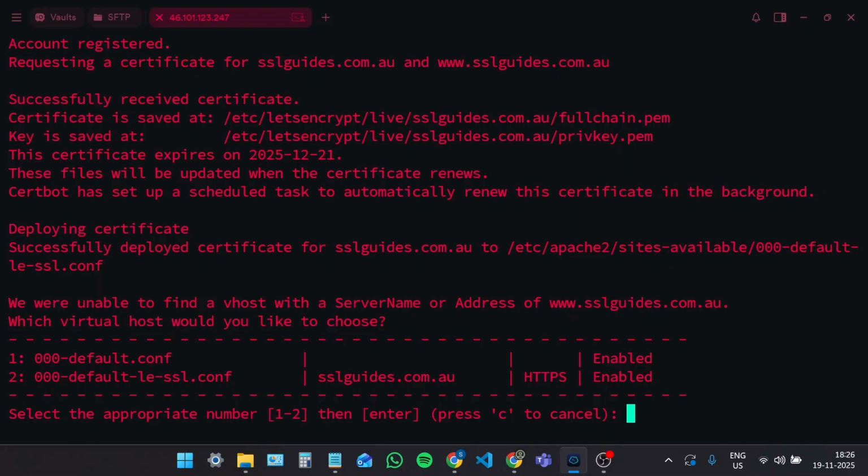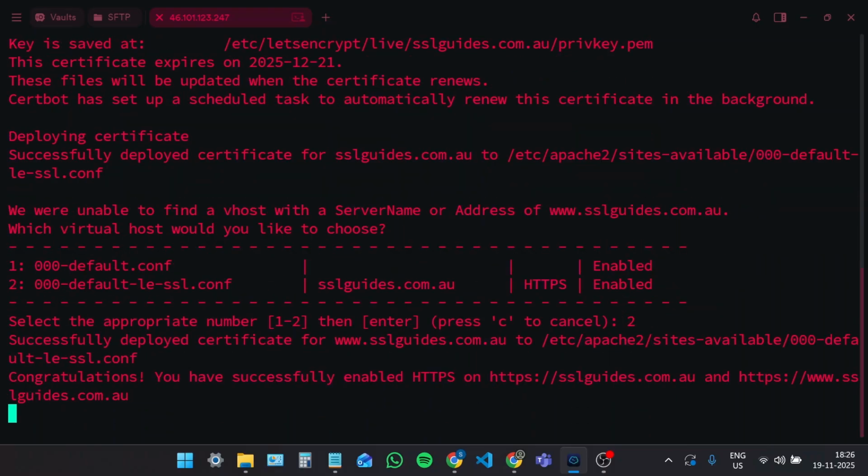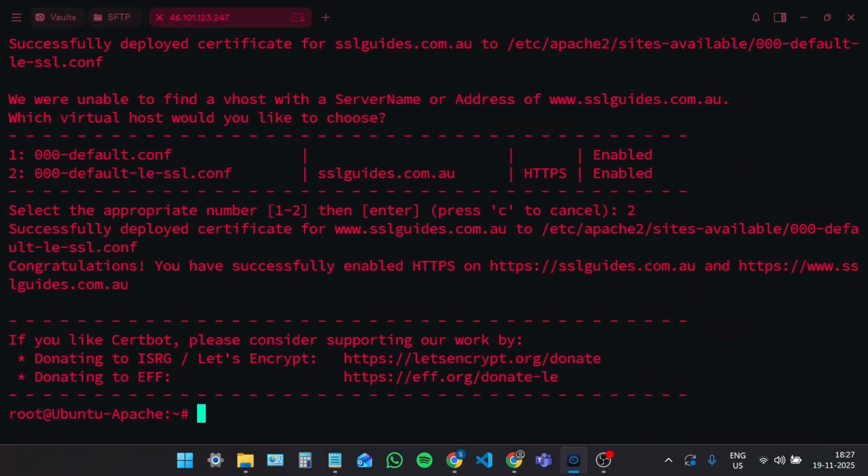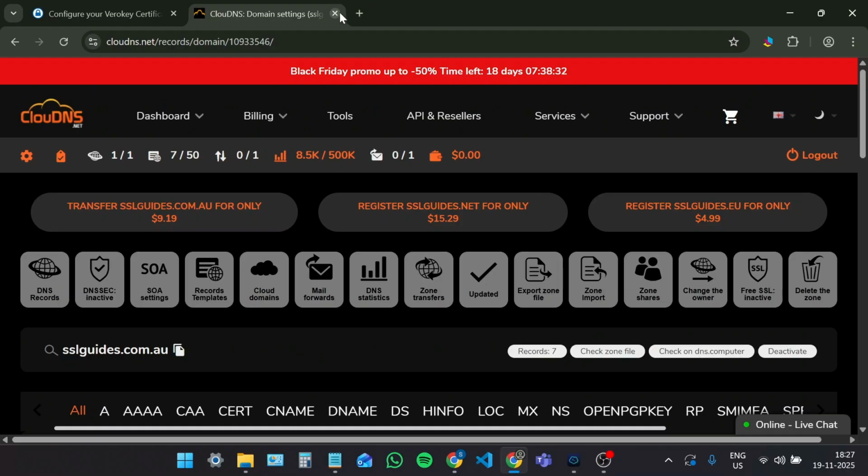And now once you've run the command and said yes to the configuration options, we are gonna use the second configuration file. So you can press on 2, press enter, and congratulations, we have successfully deployed our SSL certificate. Alright, so let's check the installation. Let's navigate to